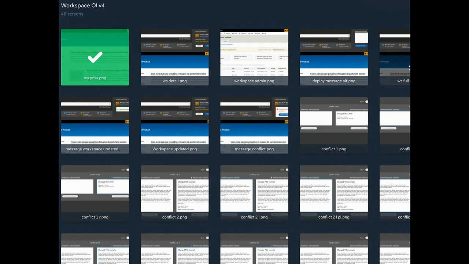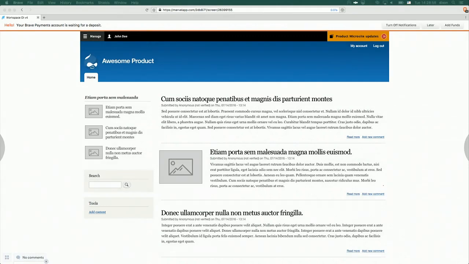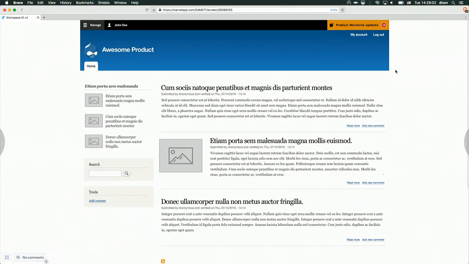Let's look at some wireframes. So these are wireframes. We have a simplistic version of this user interface in Contrib already working. This is a more elaborate user interface. The intention here is to get this user interface into core.